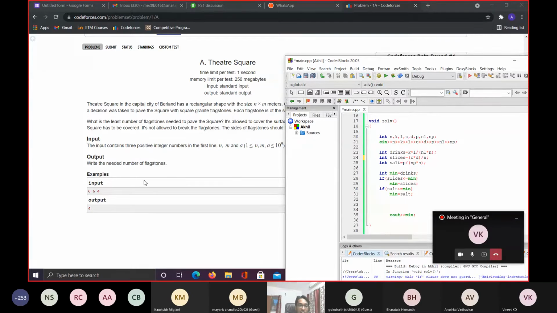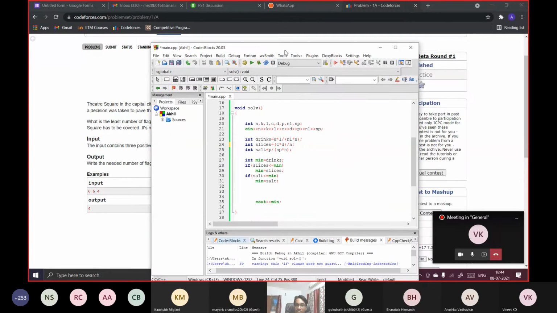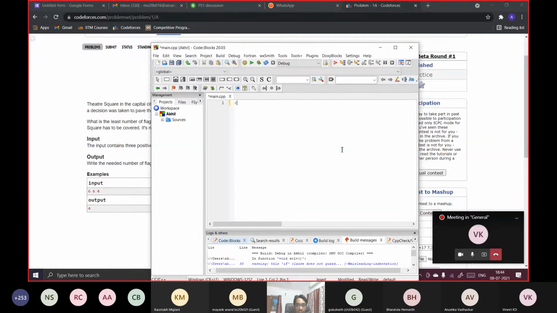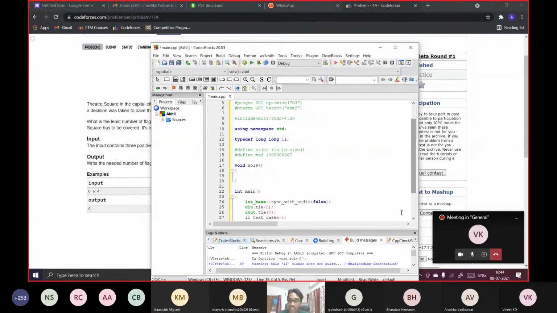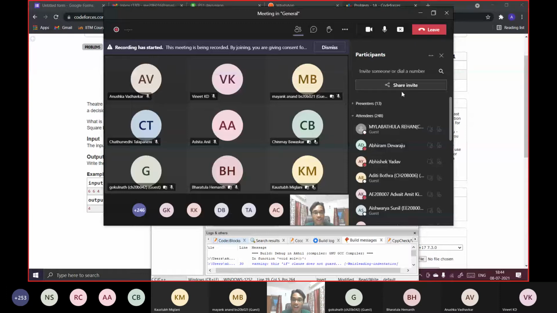And we need to output the number of flagstones. So first of all, this is more of a geometry related problem. Before I start, let's just ask, have you figured out the logic for this question?